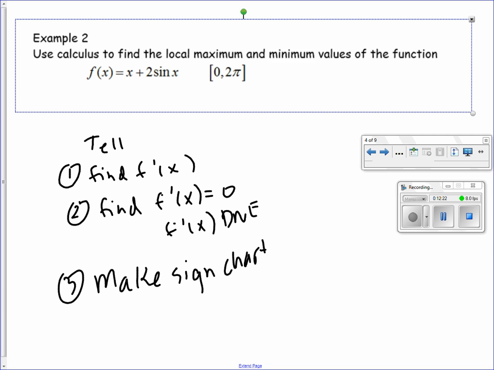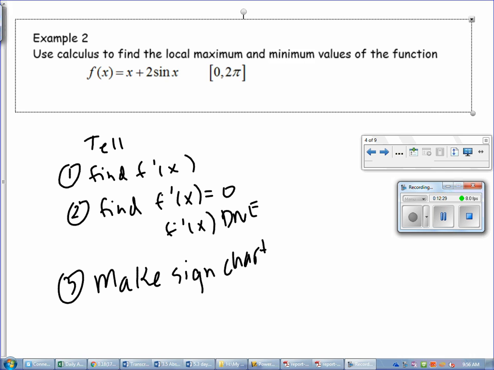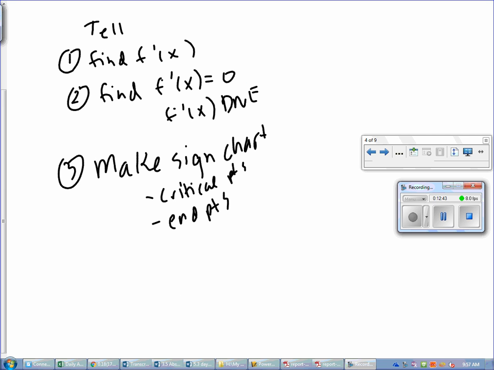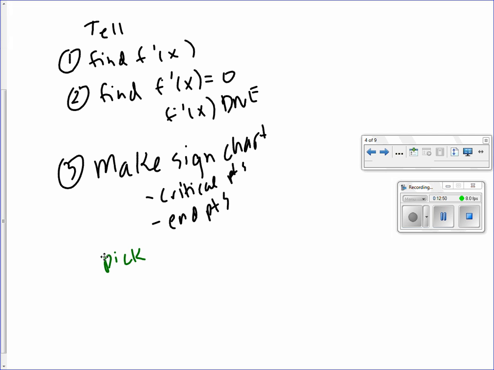So remember, only the critical numbers go on your sign chart. When you make your sign chart, all of your critical points are going on your sign chart, and your endpoints, because they could also be max or min, thinking back to absolute values. So once you put your critical points and your endpoints on your sign chart, you are going to pick a number in each interval